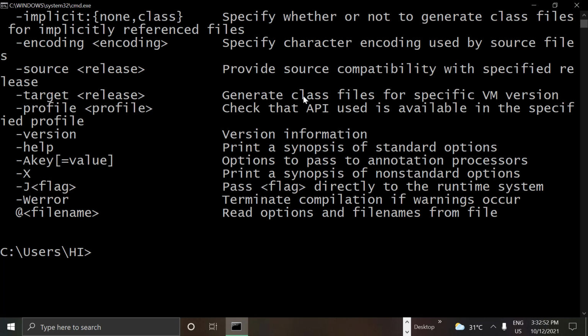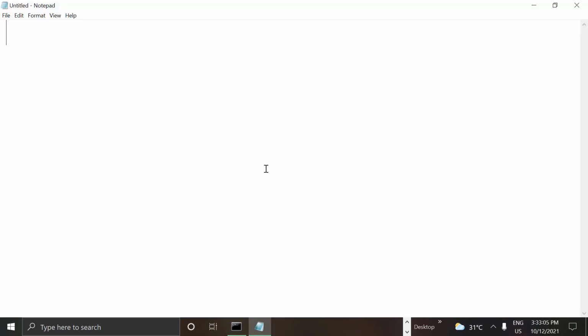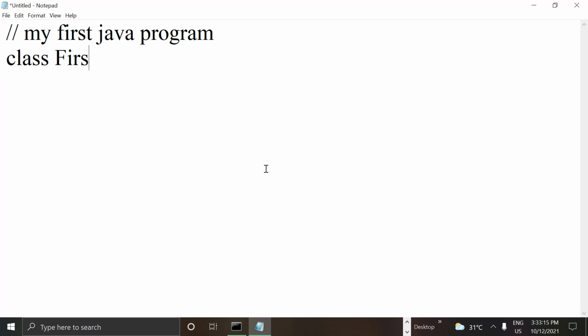Okay, let me open Notepad and type just a hello world program, and we'll check whether path is working or not. Okay, so open Notepad from the start button. So here I'm giving a comment line, my first Java program, and class, the class name is first. You can give anything, it's your wish.